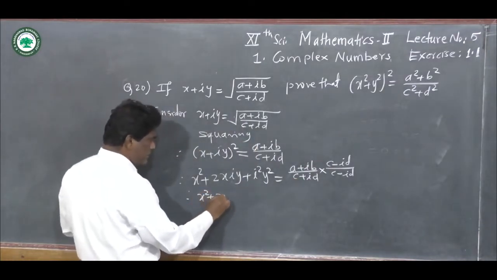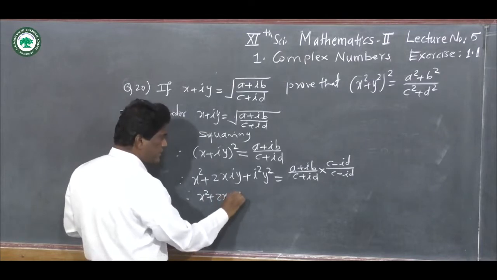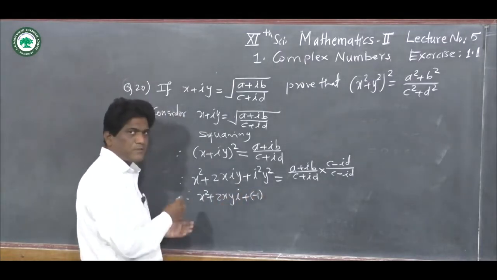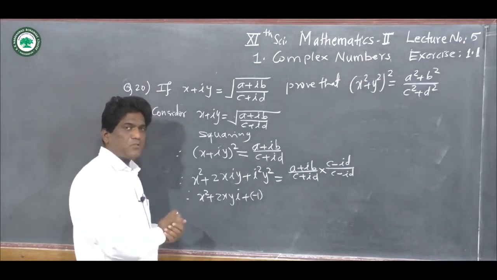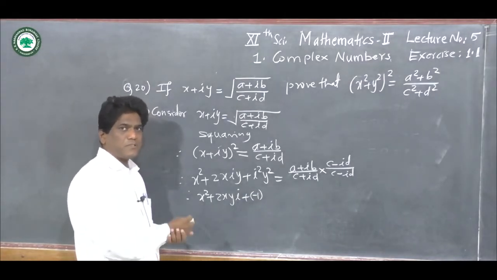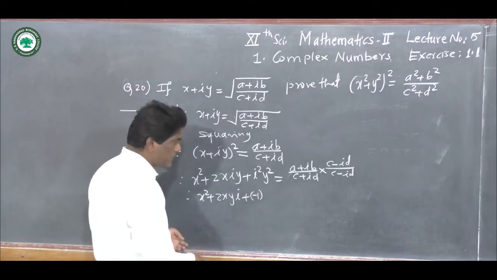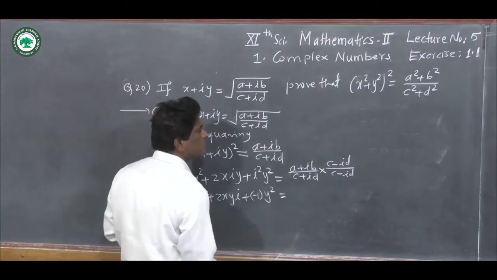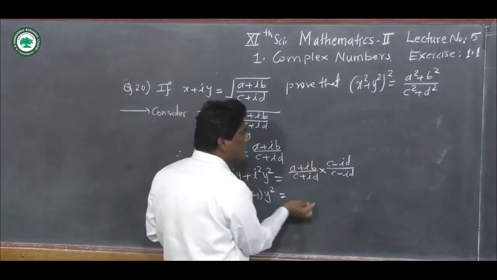And so we get here x² plus 2xy into i, and plus here i² is minus 1. We know the powers of i: i is the square root of minus 1, i² is minus 1, i³ is minus i, i⁴ is 1. So i² is minus 1 into this y², is equal to,